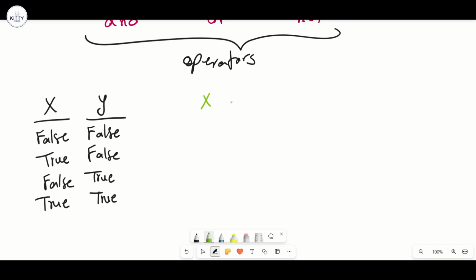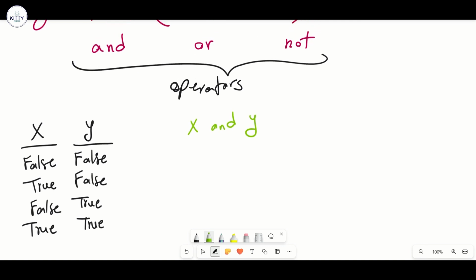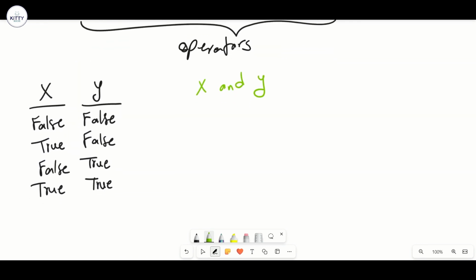So the first one, let's say x and y. So using AND operator. So we have false and false. We are having AND operator. So if one of them is false, the answer is false. So how to get true? Both of them must be true. So you have false, false. False and false is